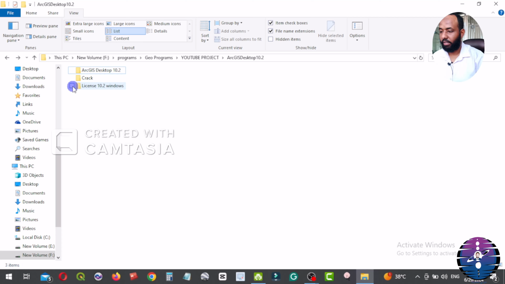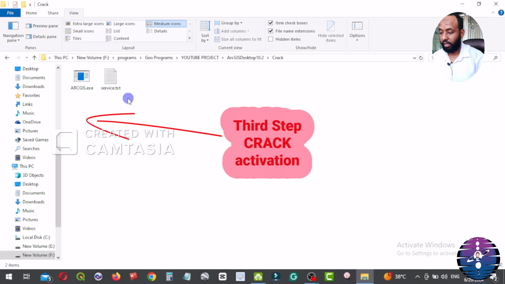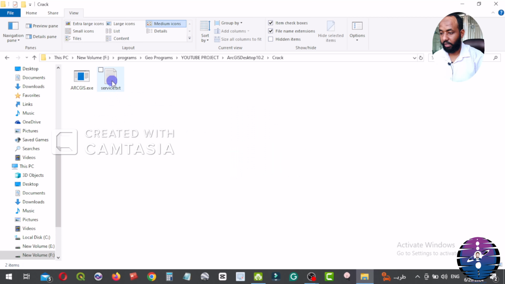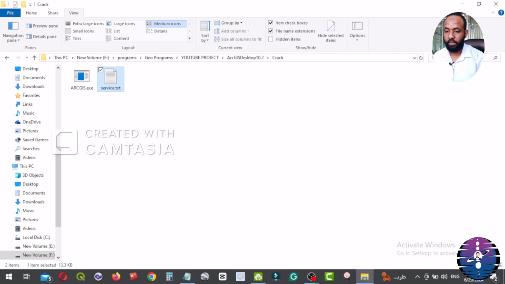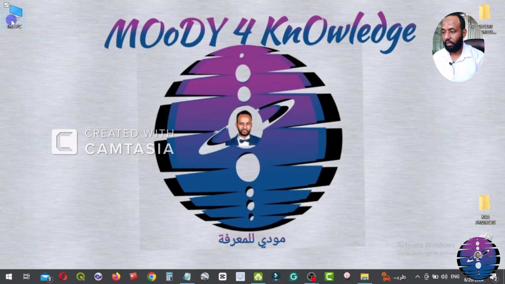After the license 10.2 Windows is complete, we move to the crack file to activate it. We open the crack file and change the name. We change the name inside the service file to the device name. Okay, open service file. Okay, minimize this window.